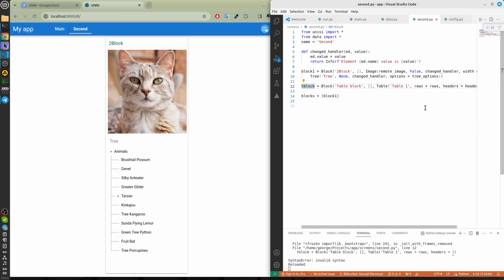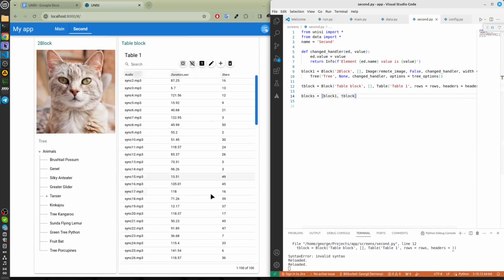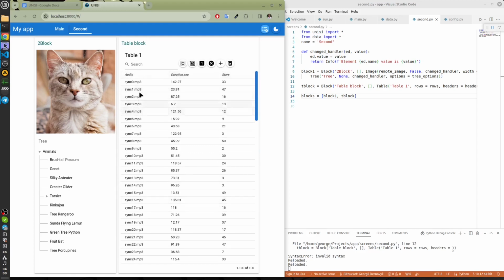And add it to the blocks. So, we can see that we have a table. We can edit this table. Let's edit something here, for example.